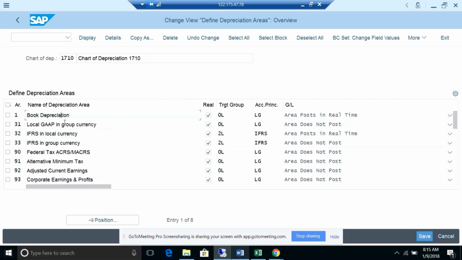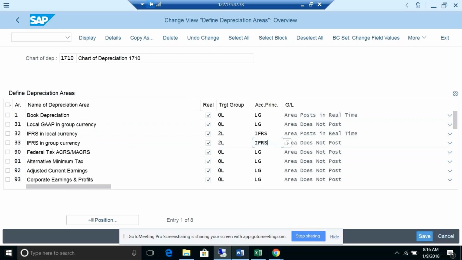Basically, if you wanted to go for multiple currencies, 2 currencies you wanted to report, you need to maintain the depreciation area twice. That's why I took the book depreciation area, local GAAP twice, and IFRS local currency, group currency, because I wanted to report 2 currencies. I kept it as USD only, but if you wanted to go for an additional currency such as euro, you can go for euro.